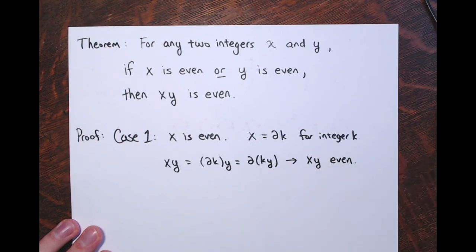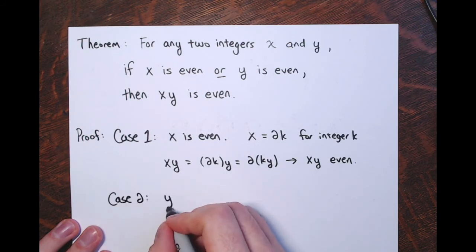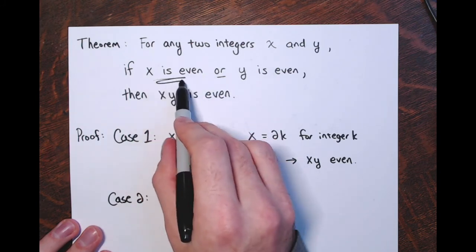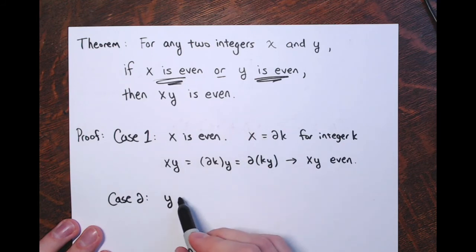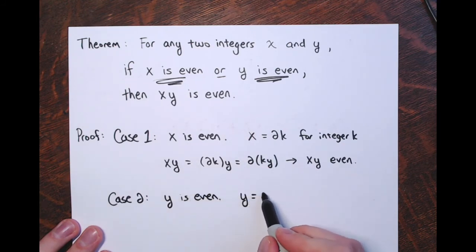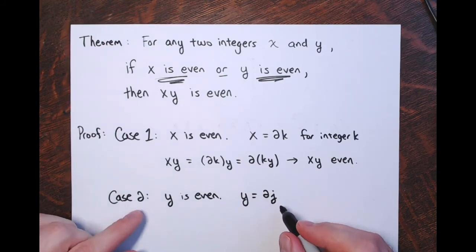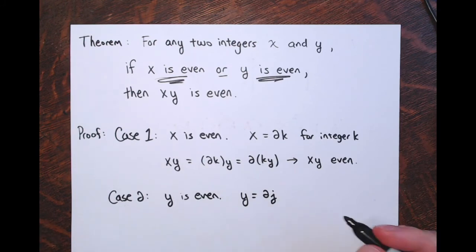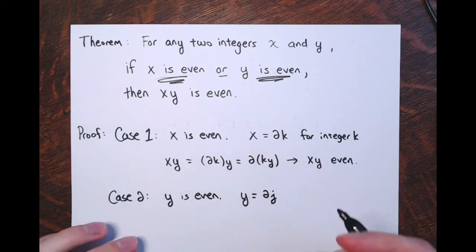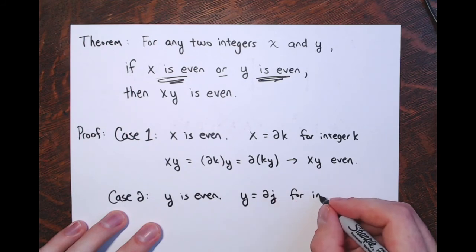Okay. And then case 2, if y is even, right, x is even or y is even, that's case 2. Y is even. So that means that y equals 2 times, say, j, or again, since it's a separate case, you could use k again, right, because it's not meaning the same k. But I'll use a different letter. So y equals 2j for integer j,